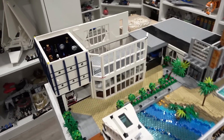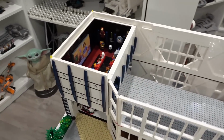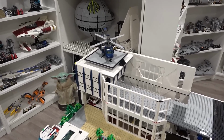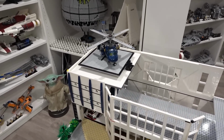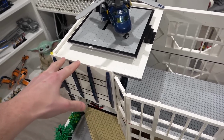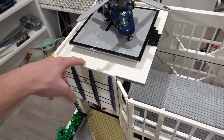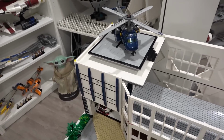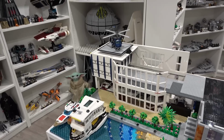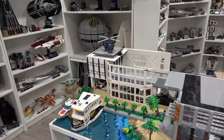Okay, now that that's installed, we have to put the helicopter pad on top. The helicopter pad sits actually on top of the interior wall, which is the movie theater room. And then the exterior wall actually extends up over top of it, creating a nice border, and that's approximately 1 brick tall. I think it looks pretty clean,